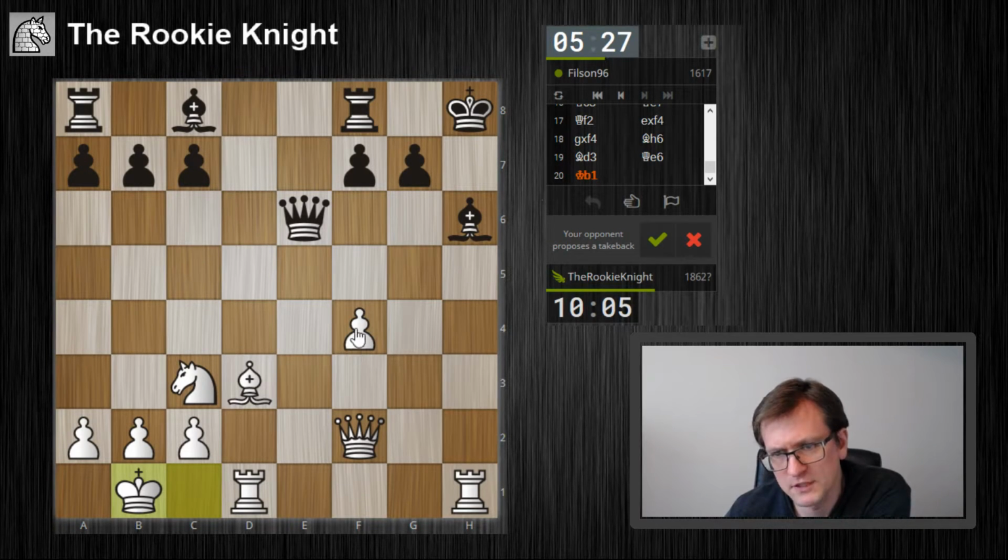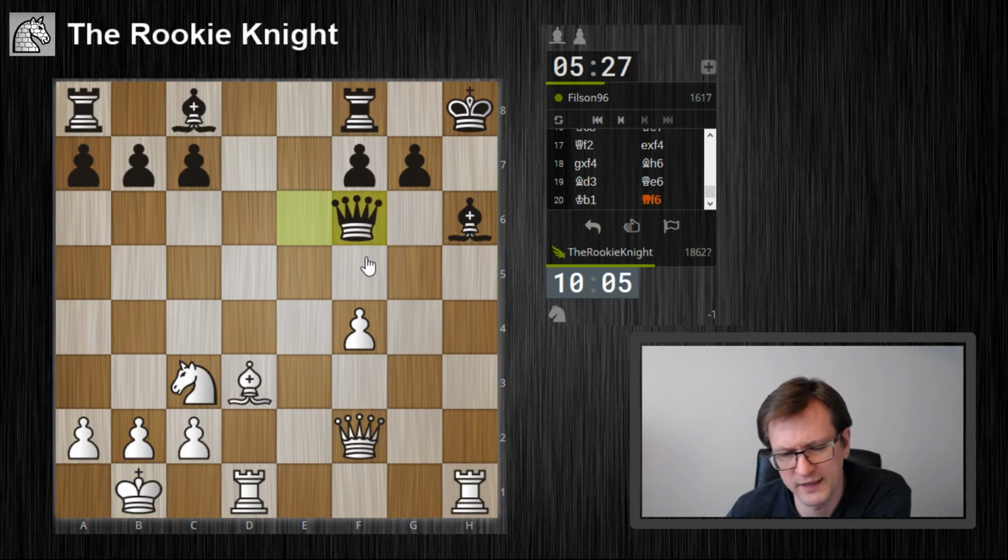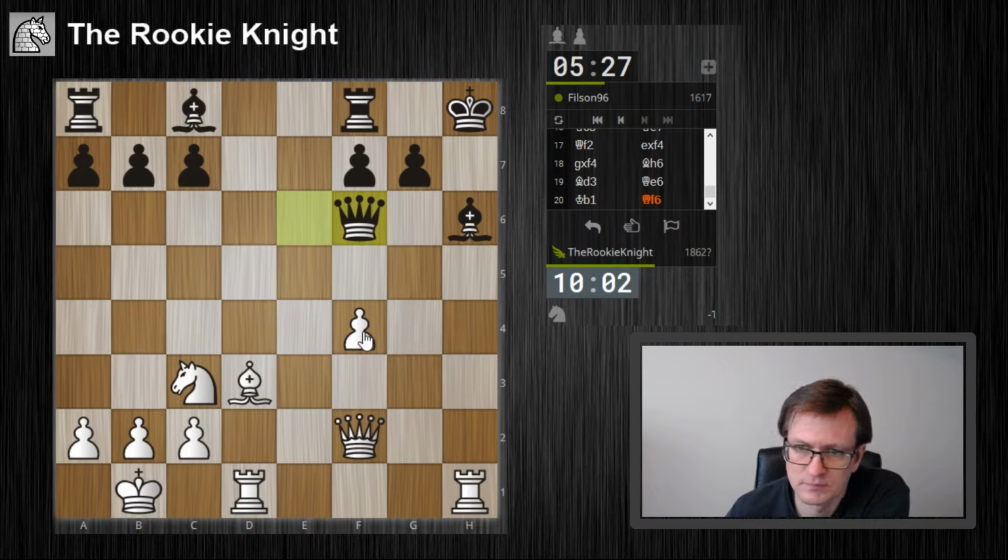So I think this is a huge threat. f5, f6. He cannot take, then the bishop on h6 is lost. And maybe he wants to play f5. No. Okay, but here he doesn't threaten to take here. I mean, I can just take. So